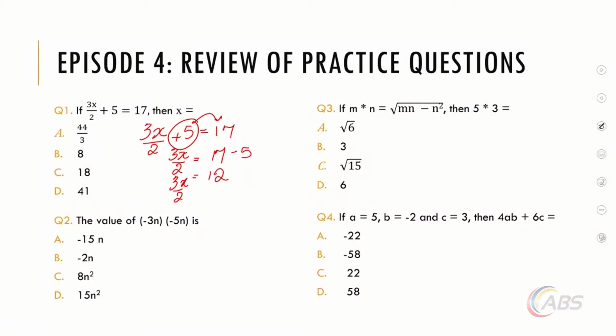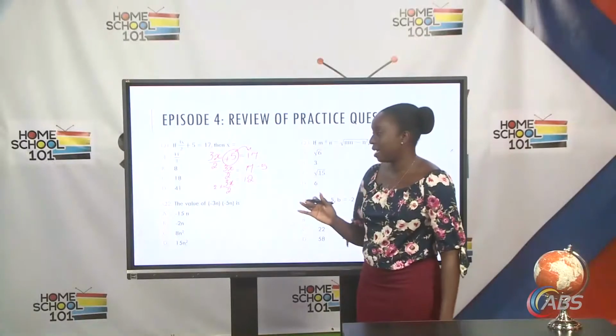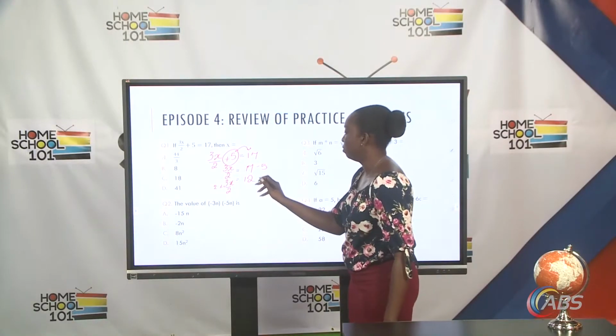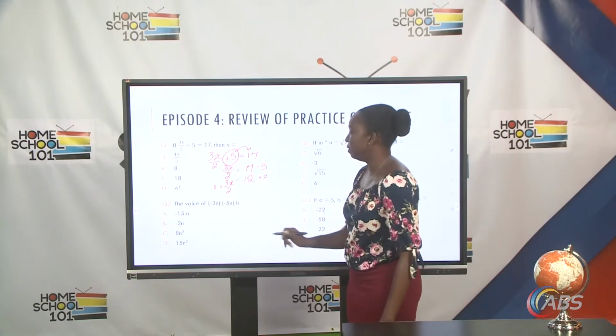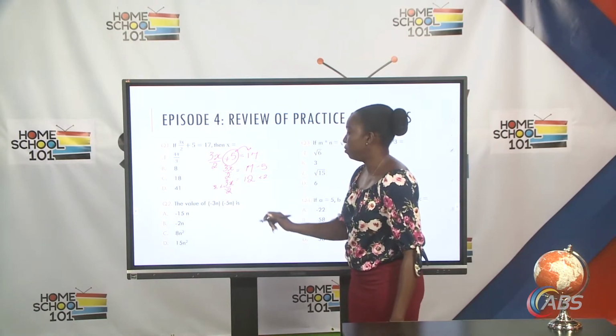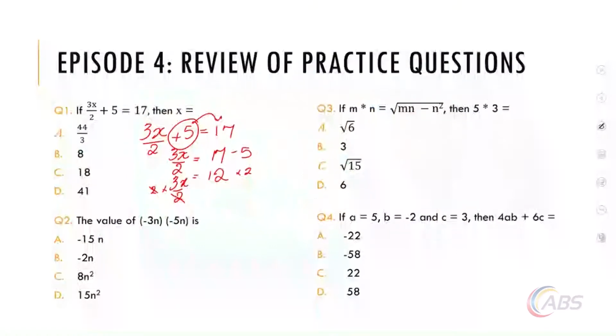12. And now the next thing to get rid of is our 2, because our 3x is divided by 2. And so the opposite of division is multiplication. So we're going to multiply by 2. But you have to remember that what you do to one side of the equation, you must also do to the other side of the equation. So those two cancel. And on the left, we're left with 3x, and that's equal to 12 times 2, which